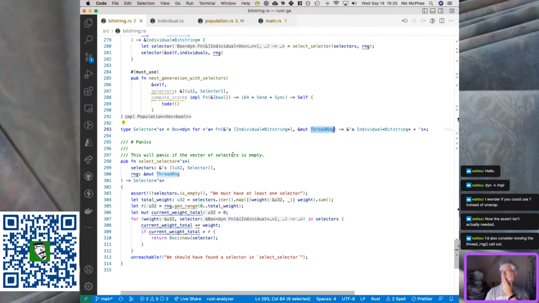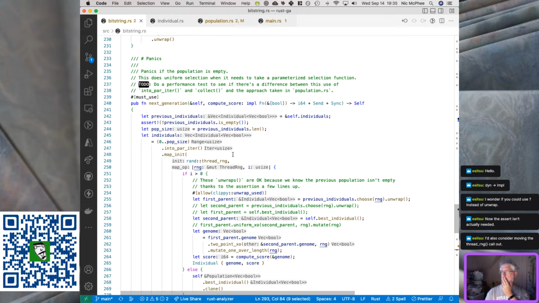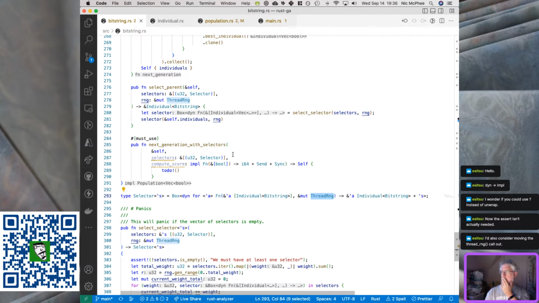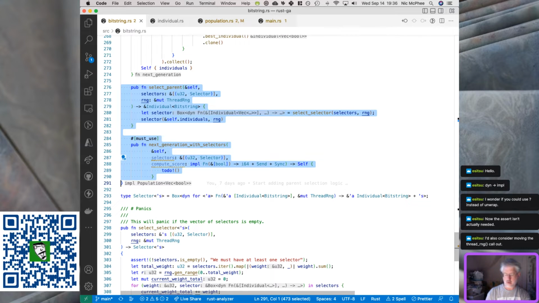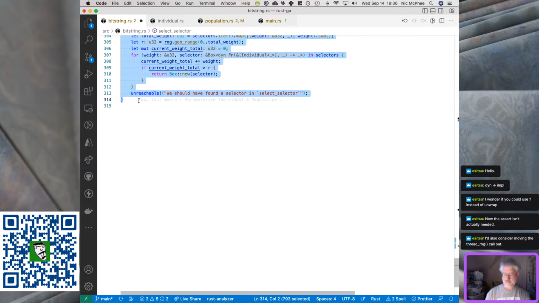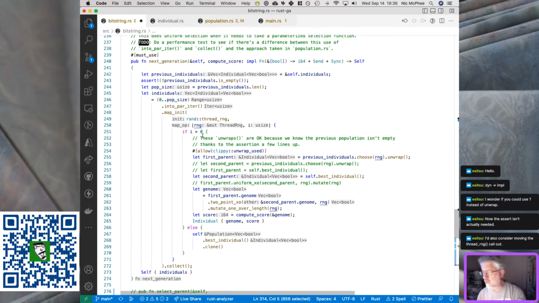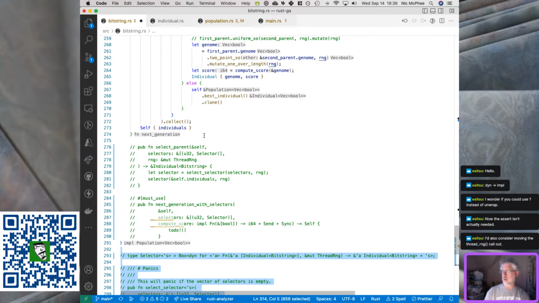I want this. So I'm actually going to comment all of this out for now, just so I don't get too confused about what's going on. And see if we can change next generation